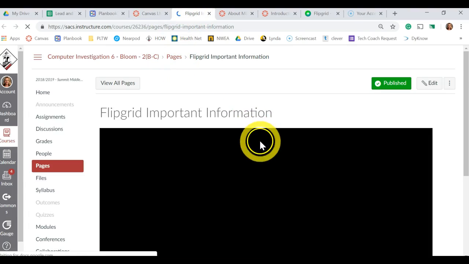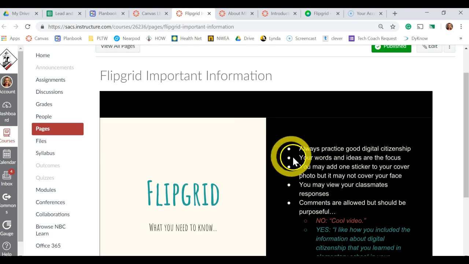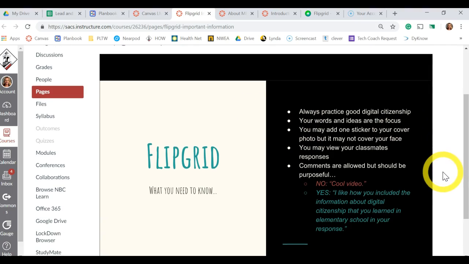So when we use a tool like this, you need to remember, always practice good digital citizenship. Your words and ideas are the focus, not the faces you're making or anything like that. That shouldn't take away from what you're saying. You may add one sticker to your cover photo, but it may not cover your face. You may view your classmates' responses. Comments are allowed but should be purposeful. No things like "cool video." You need to have something that really has